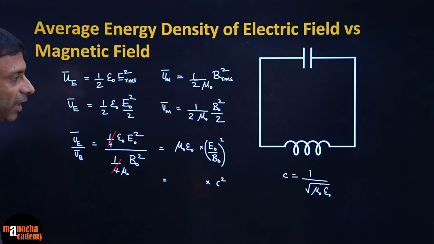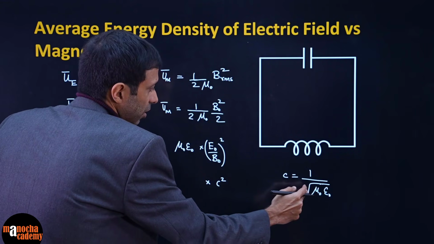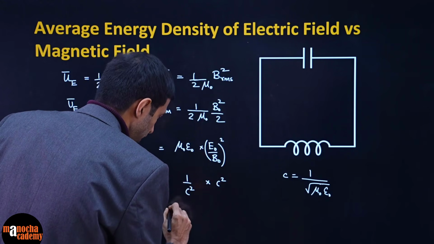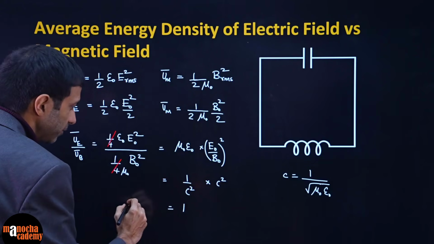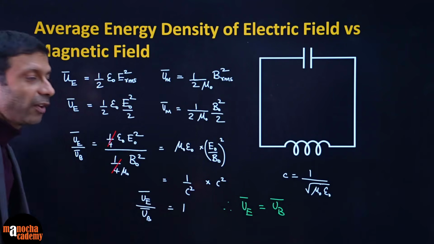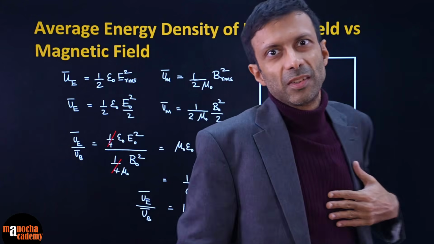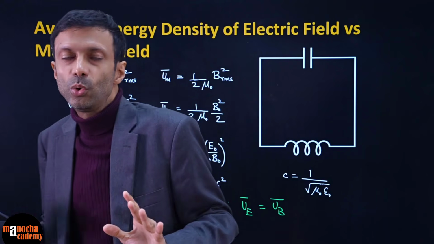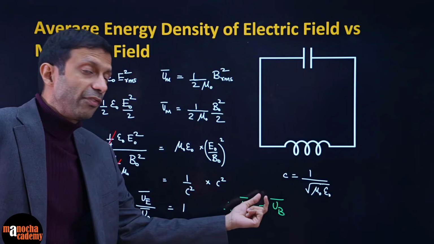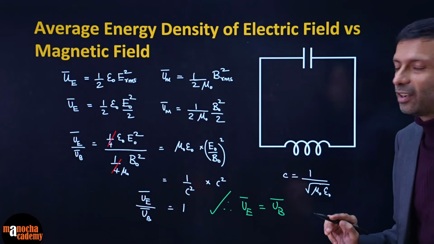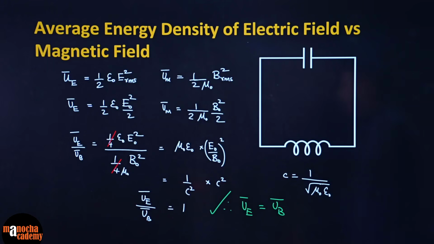So when we put that in, you bring it up here and square, and you get nothing but 1 by C squared, and these will cancel, and the ratio is 1. Therefore, friends, that is why we said they share equal energy. The energy is split 50-50 between the electric field and magnetic field, and I have proved it to you that the average energy density of the electric field is equal to the average energy density of the magnetic field. Is this crystal clear? The ratio is simply 1:1, just by simple mathematics, nothing great.